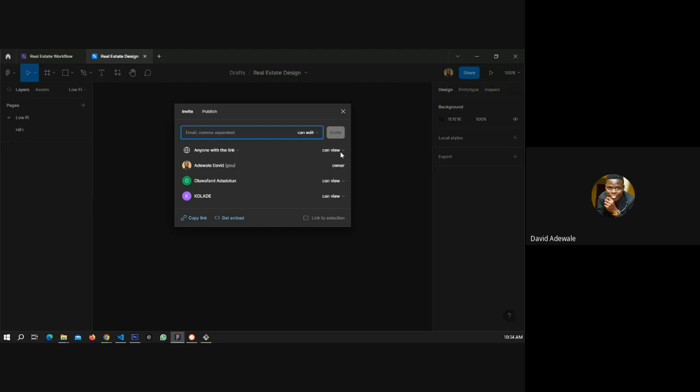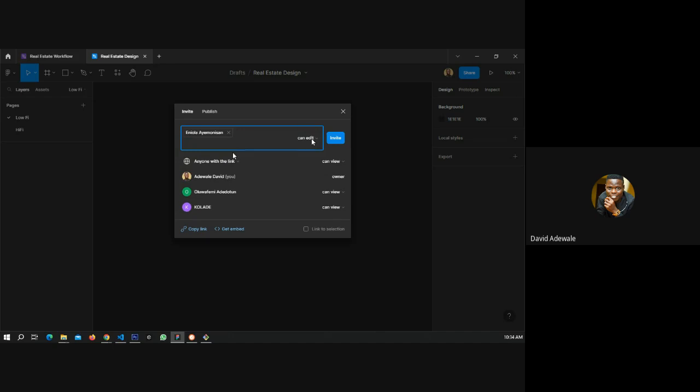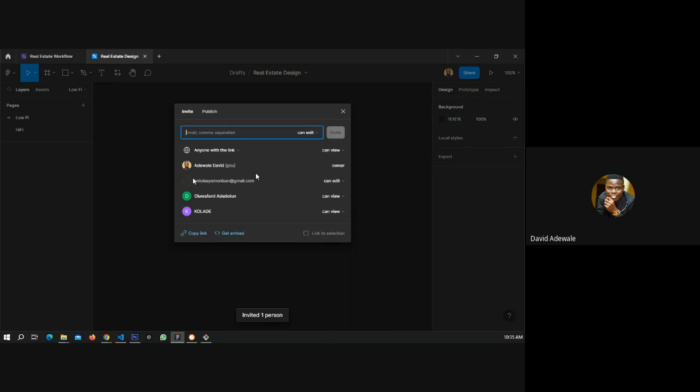And then if you want to invite a Figma user, you can add a Figma user by their email. You can input their email, and then I know this Eniola now. I can invite her, and then I give her the permission. Okay, she can edit or she can view. Let me give her edit role because I know she will not disturb me. But I know these 2 people that joined, they will disturb me. So I can invite her, and then you can see it's still pending. It's still pending here. When she accepts the invite, I'm going to see her. And that is how you can do that.